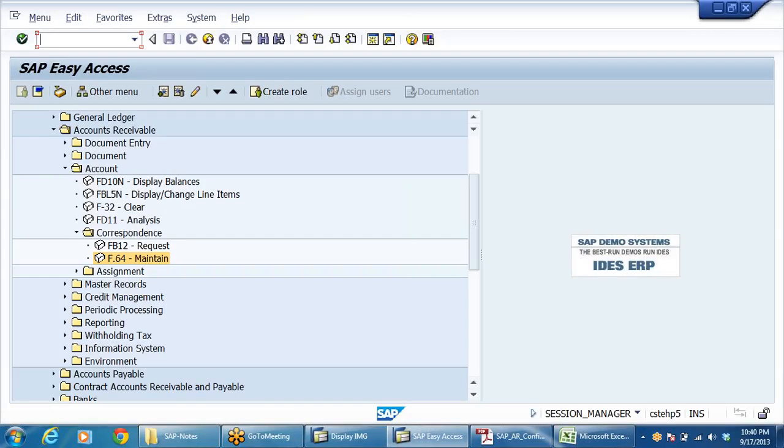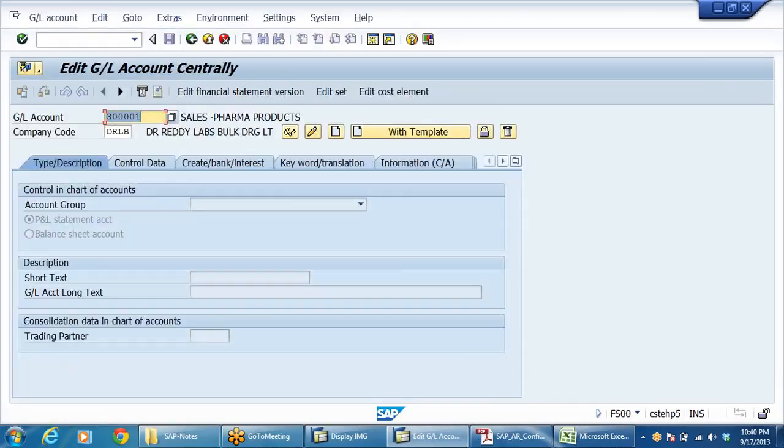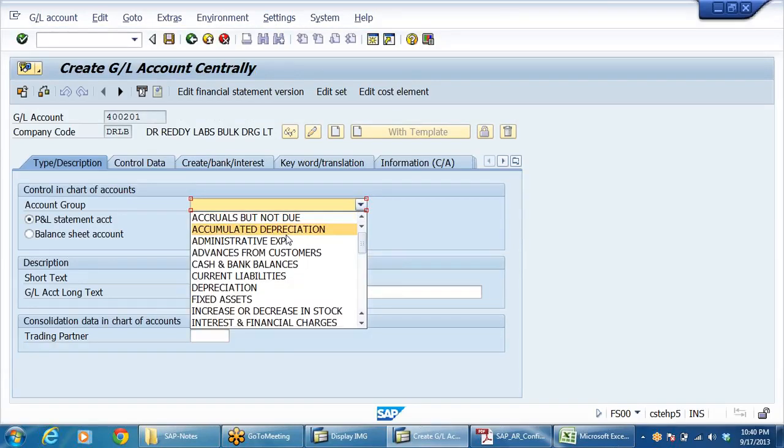Go to FS00. I hope that by this time all people are comfortable with the creation of GL account. FS00. 400201. Click on create. Right, trading expenses.